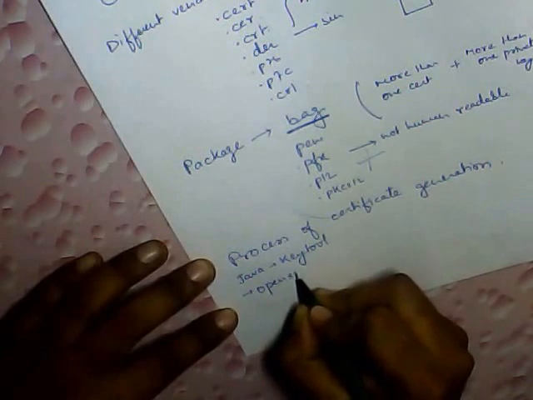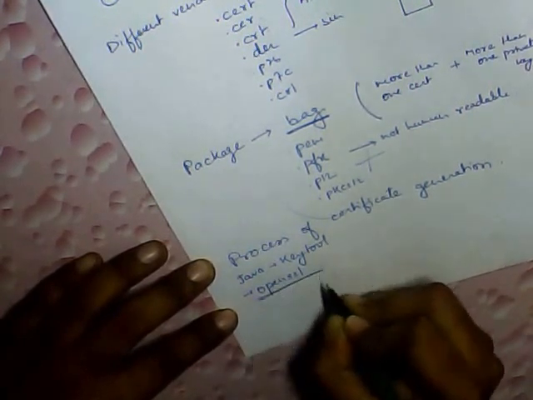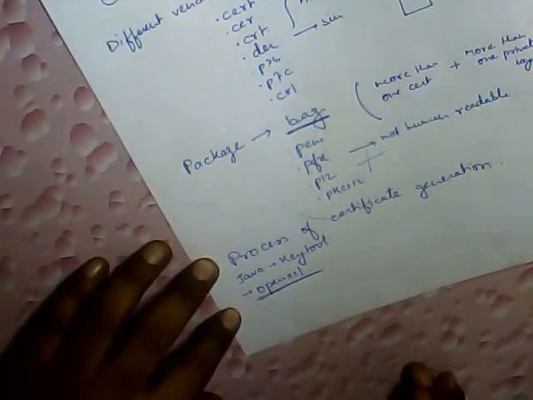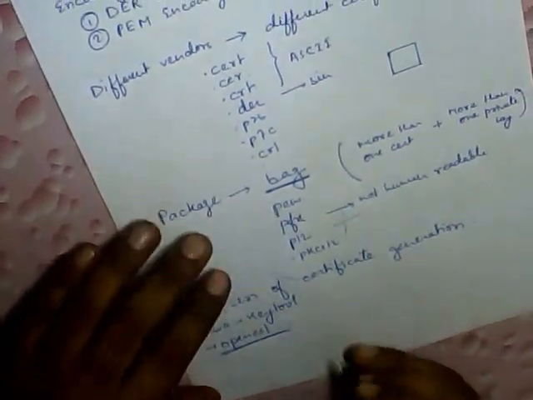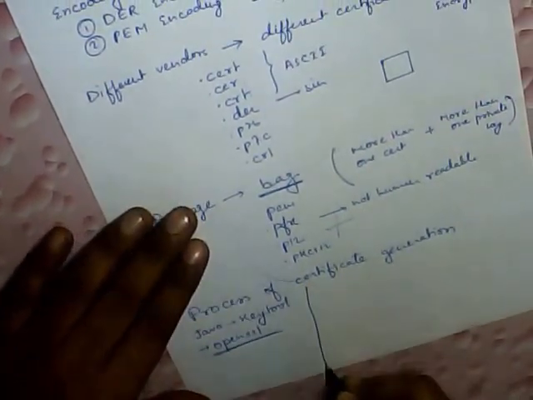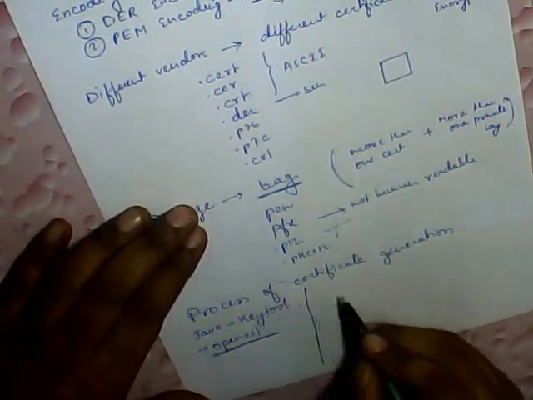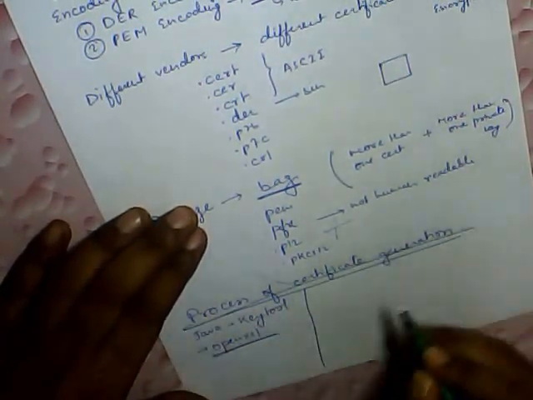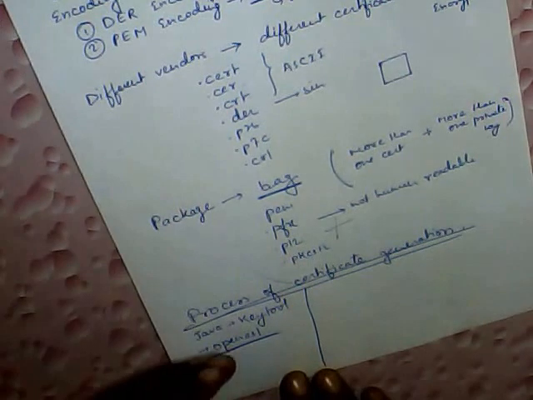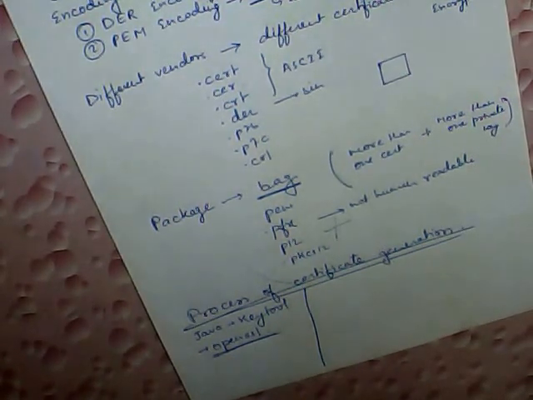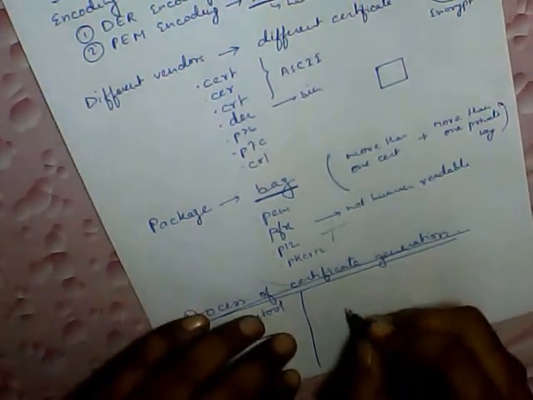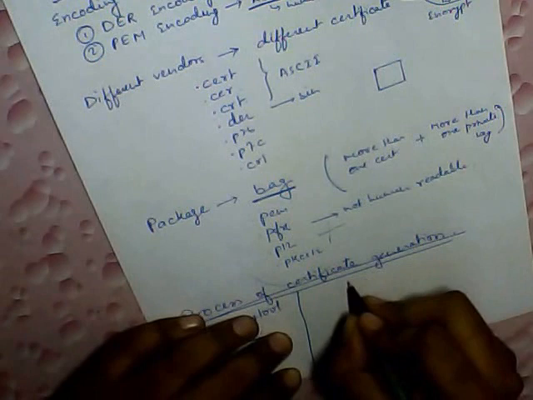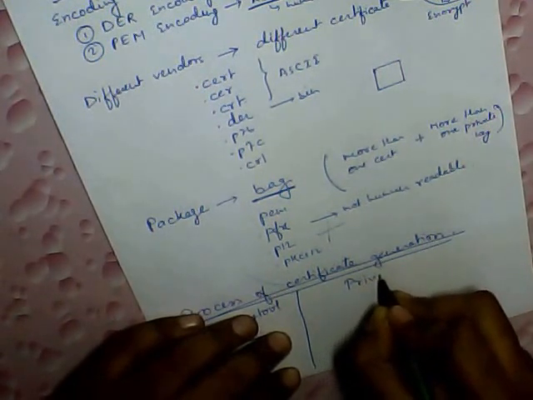The universally industry-recognized tool is OpenSSL. It provides a set of commands that we can run to generate our own certificates. So let's see how to generate a certificate through these. I'm not going into the commands today, but definitely in the next video we will see the commands for it. Today let's see how it works.